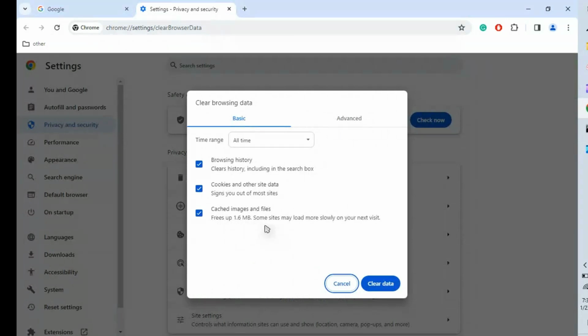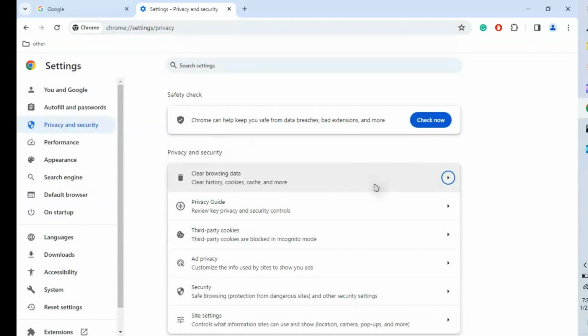If you see here, some sites may load more slowly on your next visit. The reason is that Google Chrome maintains some required DNS details instead of getting the details from the DNS server. This is one step. If this step does not happen,